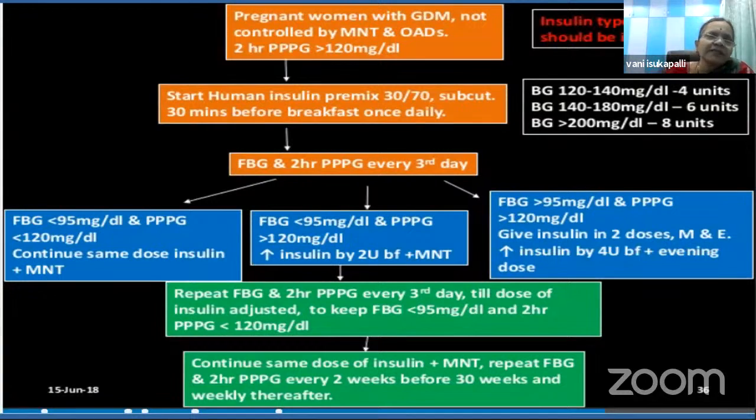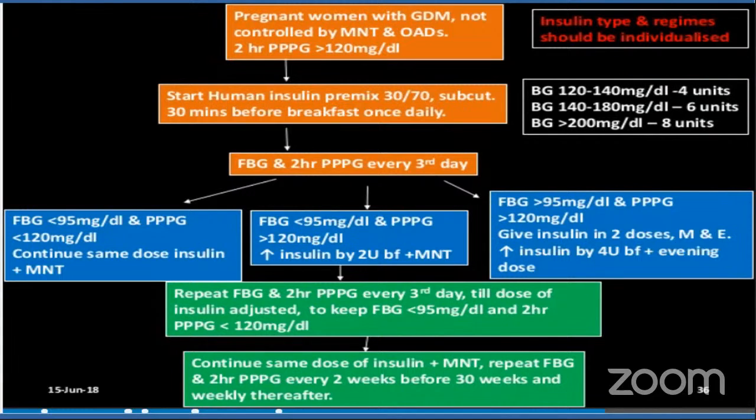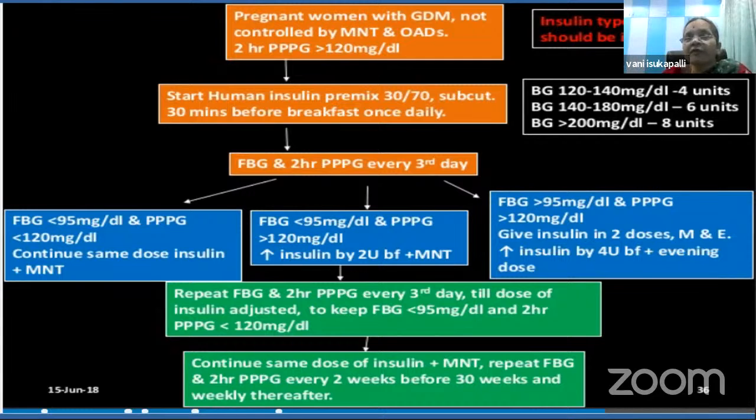So this is the simplest way, as depicted by the guidelines, how an obstetrician herself can handle a particular case of GDM on insulin. But if it is more than 200, I think such a case has to be referred. So otherwise, it depends on the blood glucose values, not on the weight. But the calorie requirement is based on the weight or the BMI of the woman.